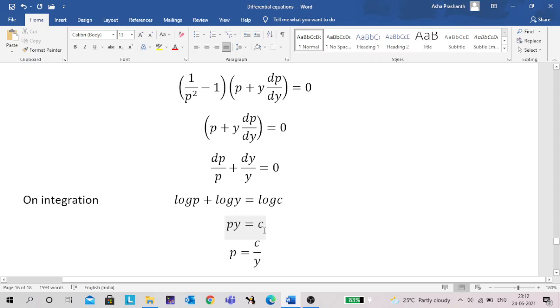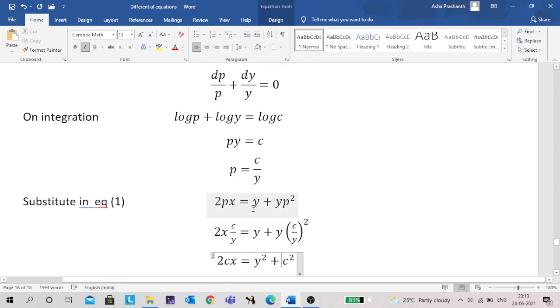After finding the solution, what we have to do? We have to find out the p value. So by using this solution, I can write the p value. P is equal to c by y, right? Okay, where we have to substitute this p value in the equation 1. We have separated now x is equal to something. In that equation, we have to substitute this value. Clear? Okay,